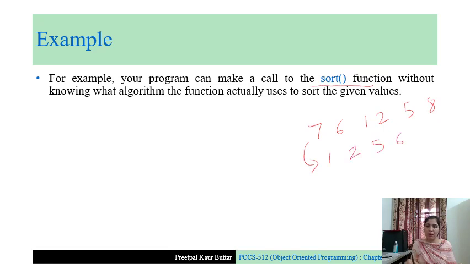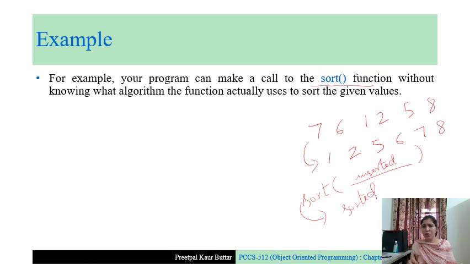So this should be the result of the sort function. So the user simply gives a list of unsorted numbers and gets a list of sorted numbers.